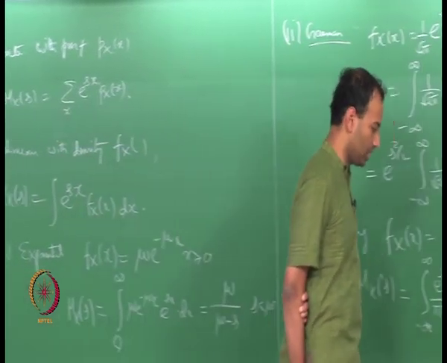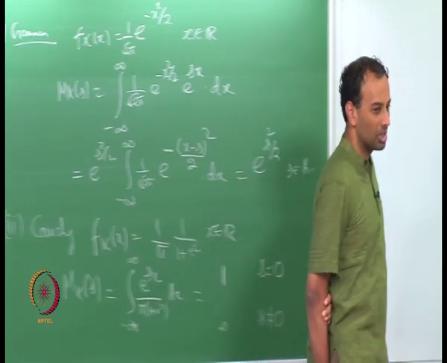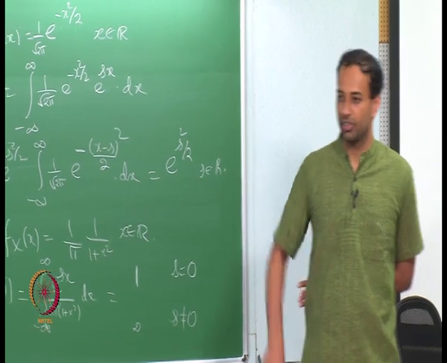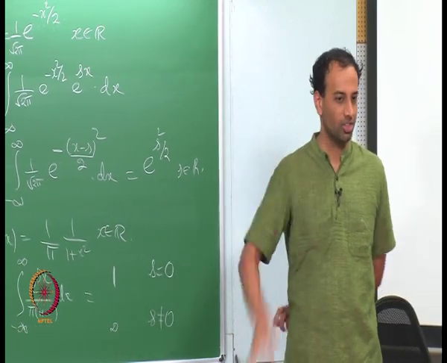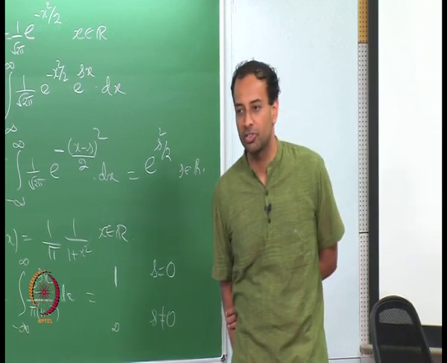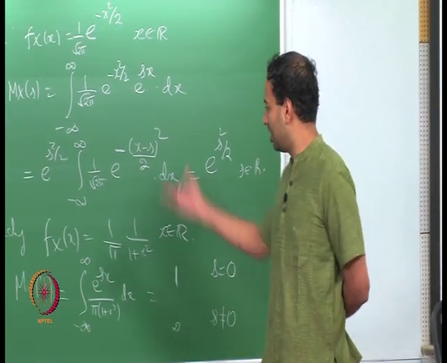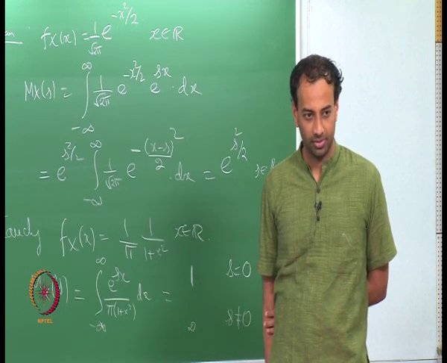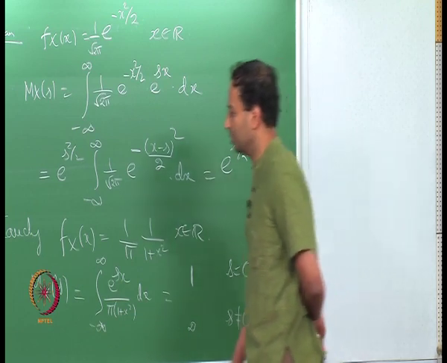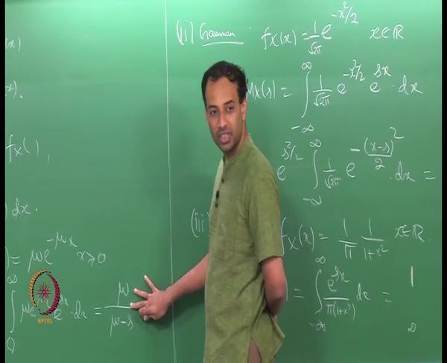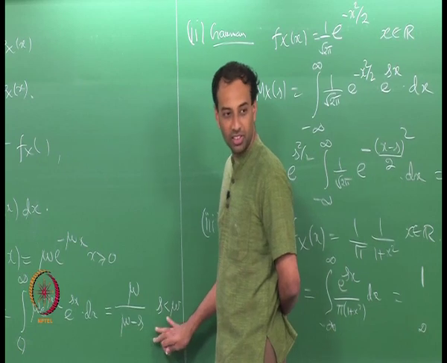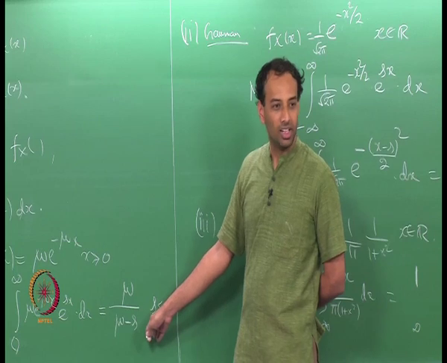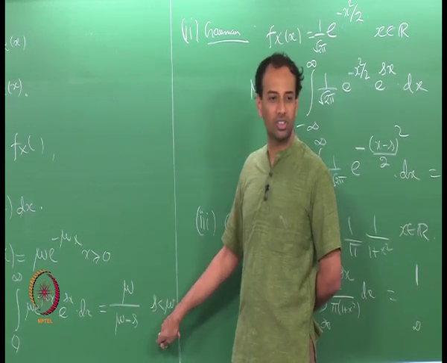So, that brings us to the question, is it enough to specify the moment generating function in order to specify the random variable's distribution, or the random variable's density in this case, completely? If I were to give you this moment generating function with this region of convergence, is it necessarily true that, for the exponential, this is the moment generating function, but if I only give you this, can you conclude that